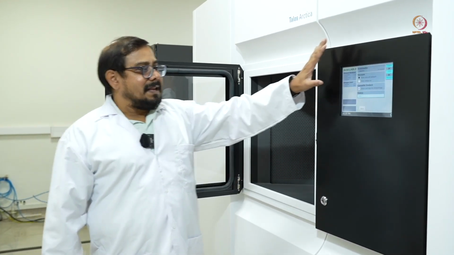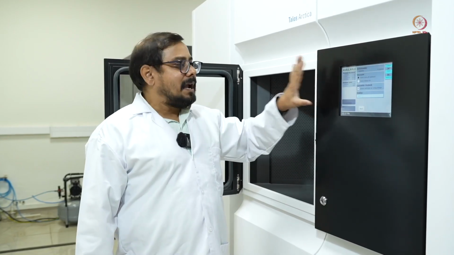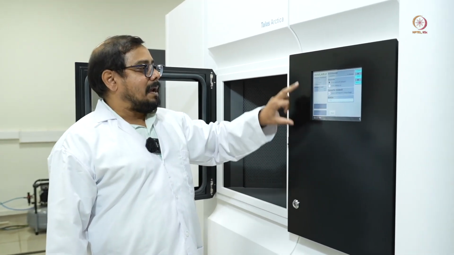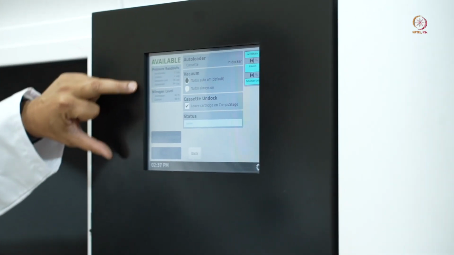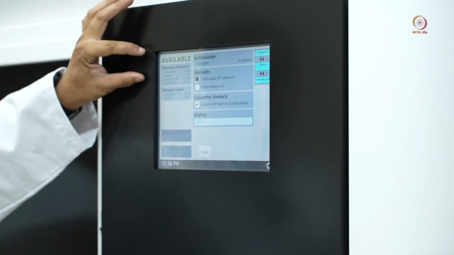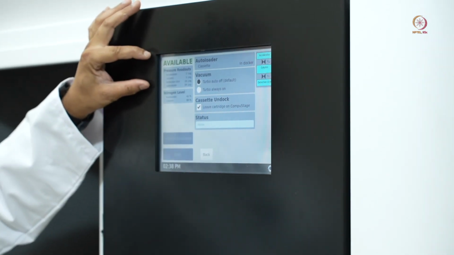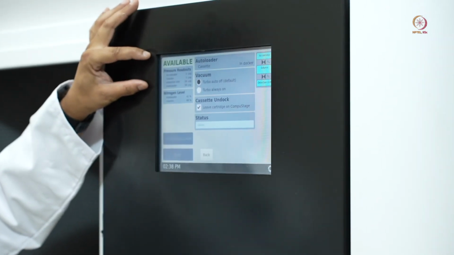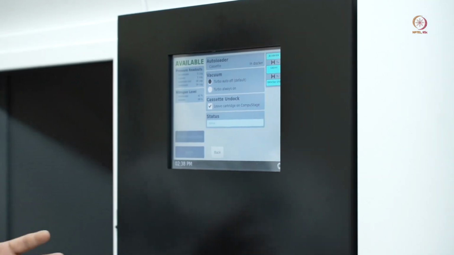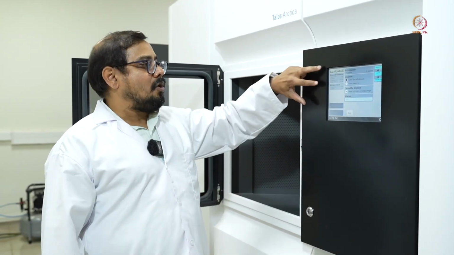Here you can see a window also. In that particular window, you can see lots of values written. Sometimes you can see the pressure readout. Previously I already discussed that whenever we have an electron microscope, we need a very high vacuum, and that high vacuum you can monitor here.